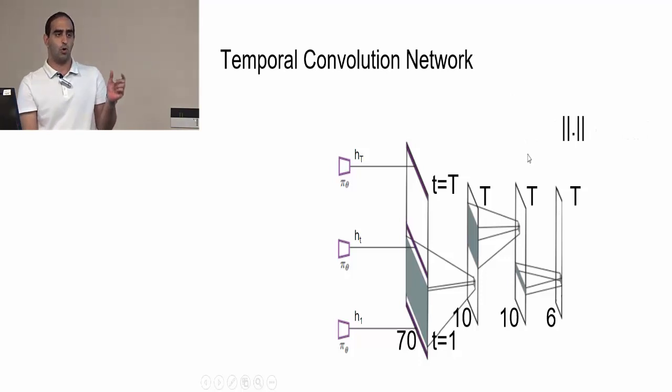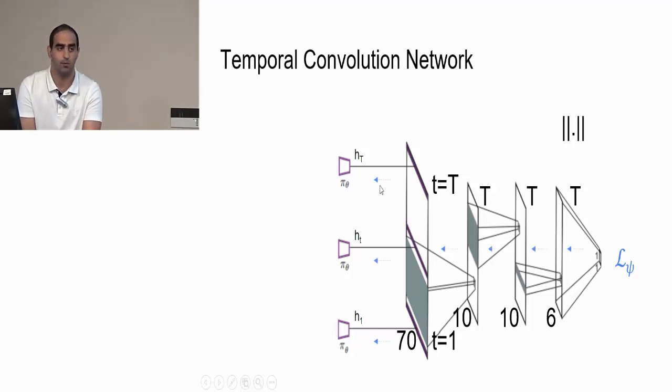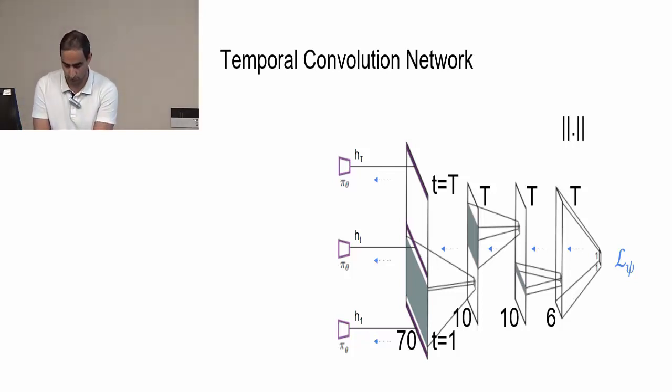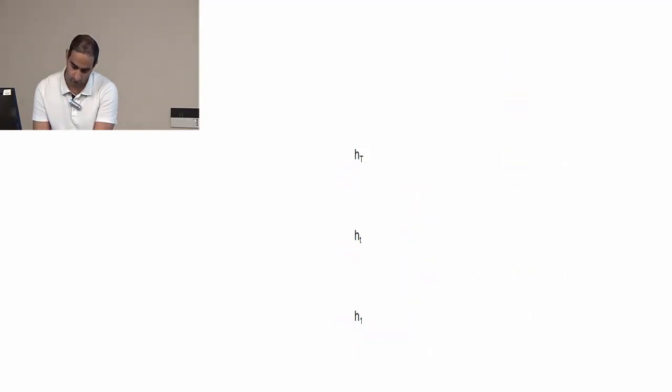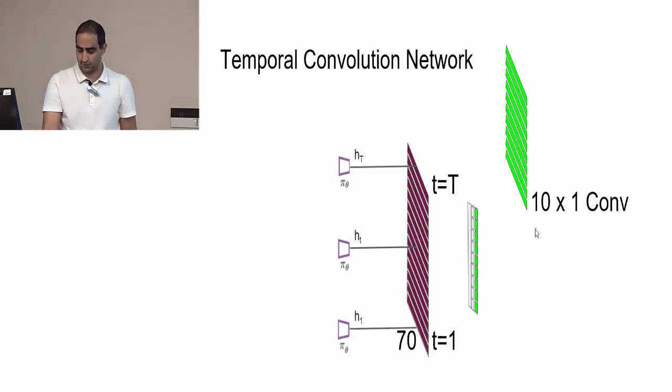Finally, we just apply a norm on this matrix, and it gives us just a number, and that number is L psi. Then we backpropagate this L psi through all these layers, and we backpropagate through the previous network that I showed. Here, this backpropagated loss is the inner objective or inner gradient for this network. And we just discussed this.